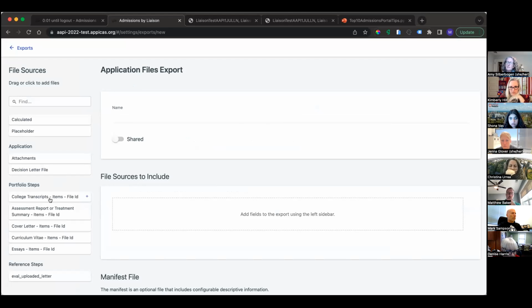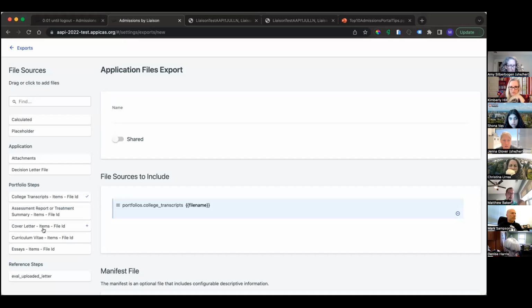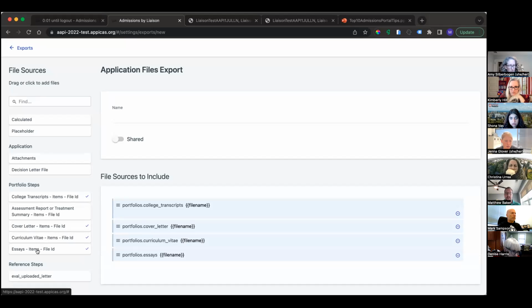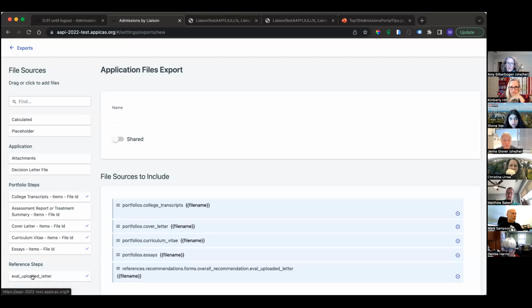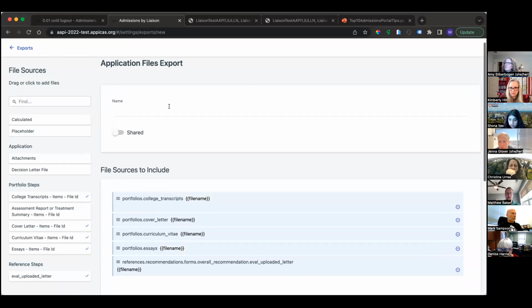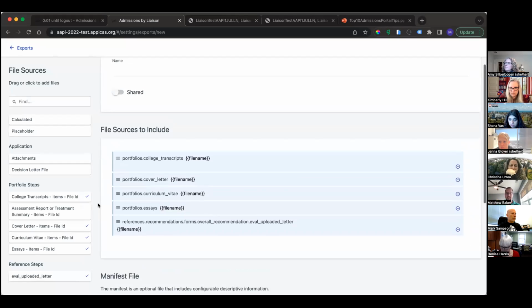And so there's a files export, and within this, you can see on the left-hand side, what are the types of documents that we are receiving. We have our transcripts here. We have a cover letter and the CV and some essays, and maybe even that evaluation, letter of reference. We go, yeah, all those individual PDFs, I want those out as separate files. I want them to be able to be stored so I can drag them and drop them and move them around internally, because I don't want one PDF with all those things in it. I want an individual file for each of those. And you walk through this process, you add those in, they're listed here, give it a name. And then when you run this export,